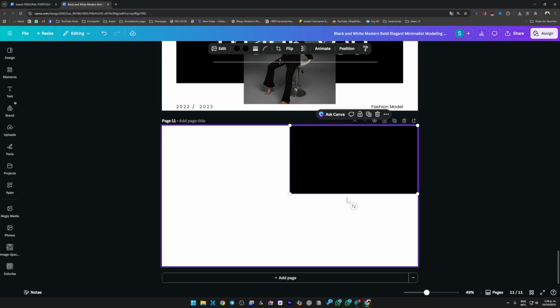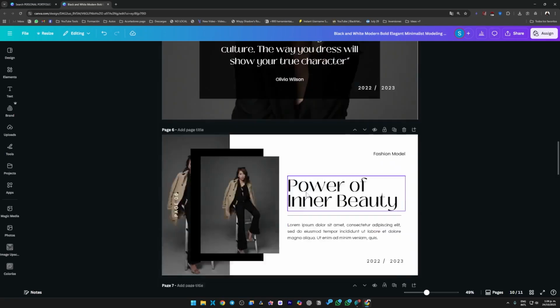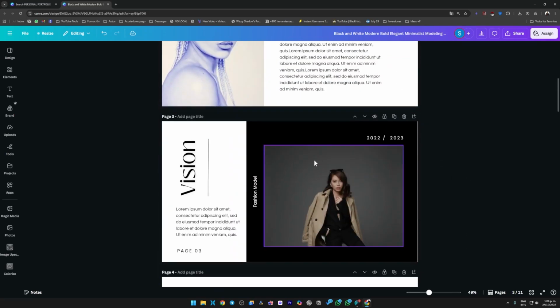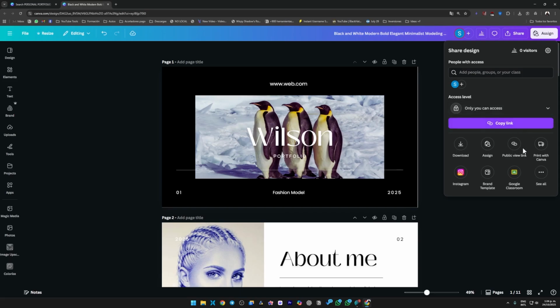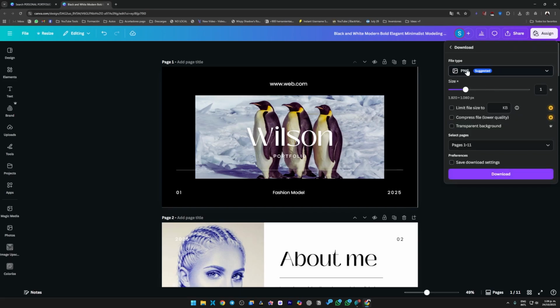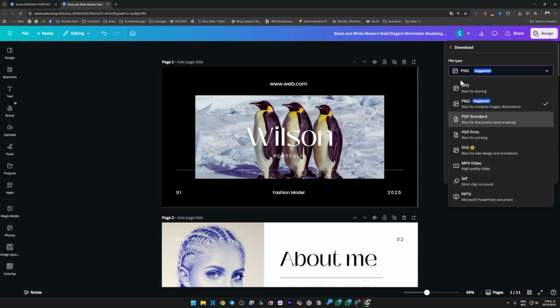All these guides that appear assist in defining if something is, for instance, precisely in the center of the image. In this scenario, this rectangle occupies the center of the right image, so we can guide ourselves more effectively. Once you have everything updated and configured according to your requirements, proceed to the top right where it says Share